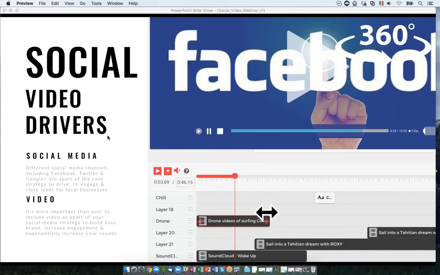And that's why I like to mix video into the mix, because it changes the position. I start talking about social media and the different types of channels, including Facebook, Twitter, Google Plus, Instagram, Pinterest, LinkedIn, and how these don't focus just on the channels, but focus on what? Leads. Focus on new customers, right? So the whole thing about a social media strategy for your clients is that it drives, re-engages, and closes leads